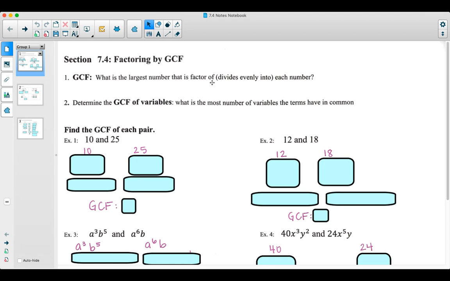Okay, today we're going to continue with section 7.4. So let's take out our notebooks. At the top, we're going to put section 7.4, and today's topic we're looking at is factoring by GCF, or